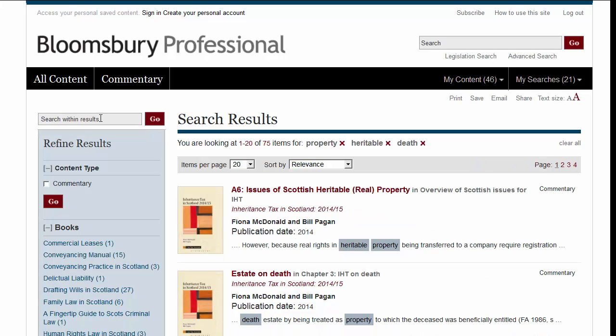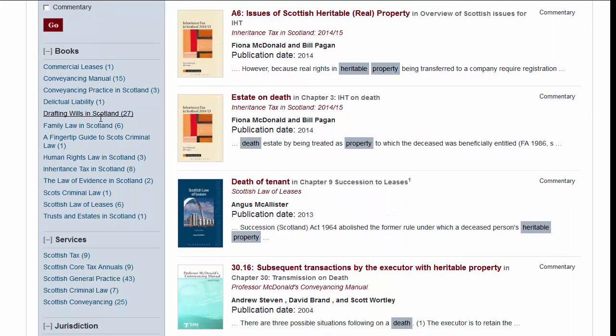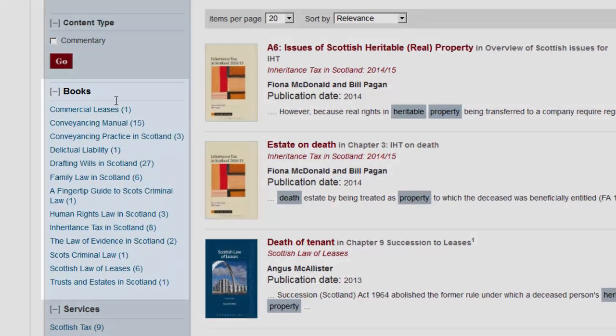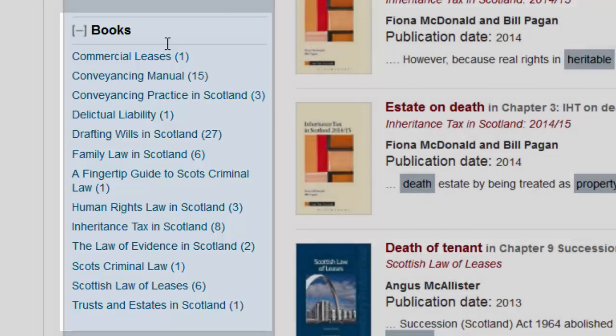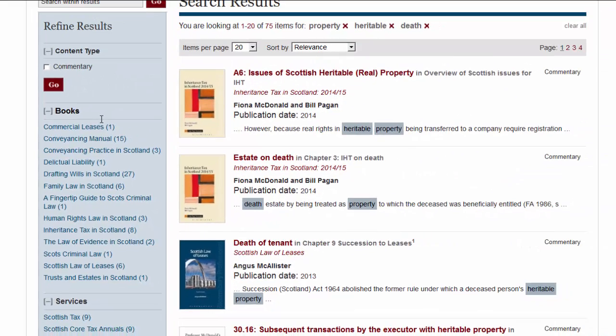Now we have 75 documents matching the query for heritable and property and death. If I scroll down a little, I can see that in the books list, each title which matches the query is listed. The number in brackets after the product title is the number of documents within that book which match the query. As a very general statement, the higher the number, the more relevant that book is to the query in question. Also, of course, the subject of the book enables you to filter the search to match the specific